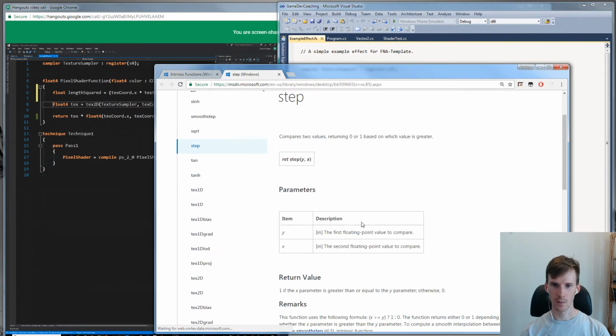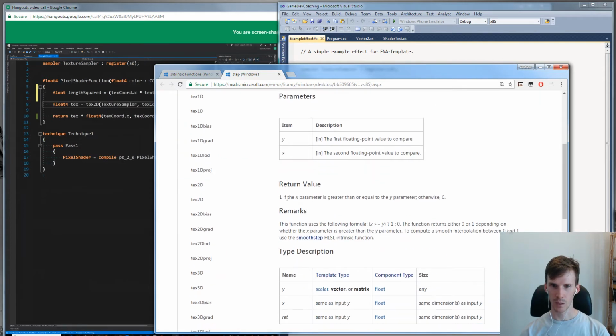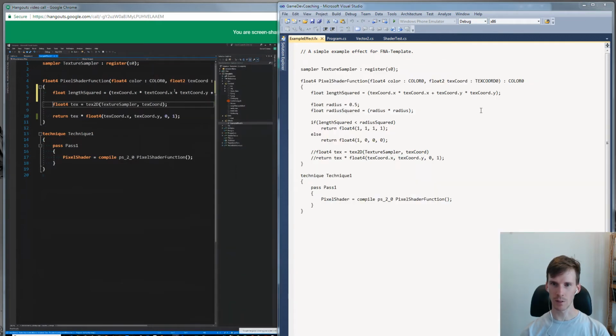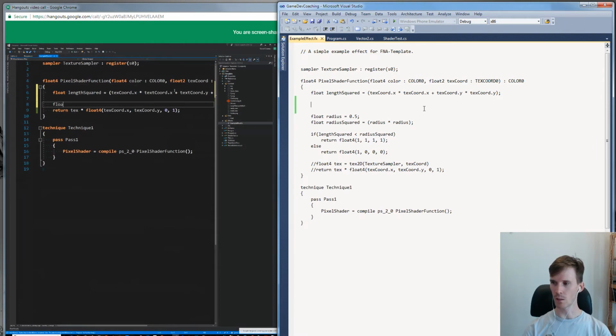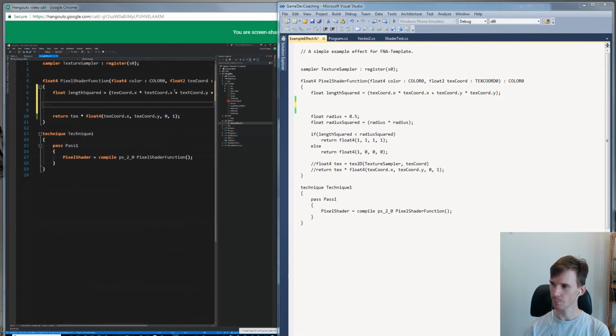So that's an alternative function that we can use rather than putting an if statement into the pixel shader. So we're going to replace that conditional with the step function, just to make things a little bit neater, and obviously to remove that if statement.